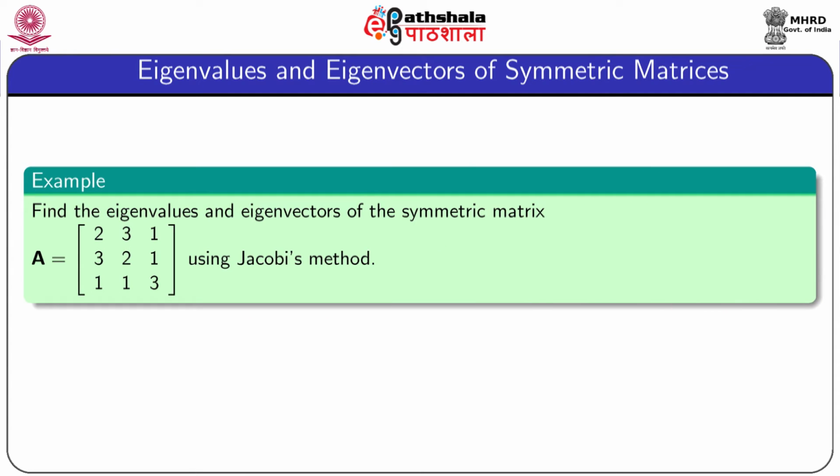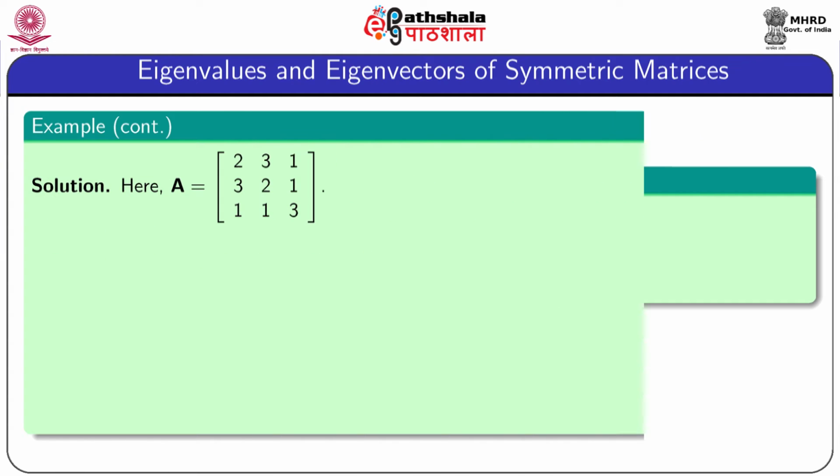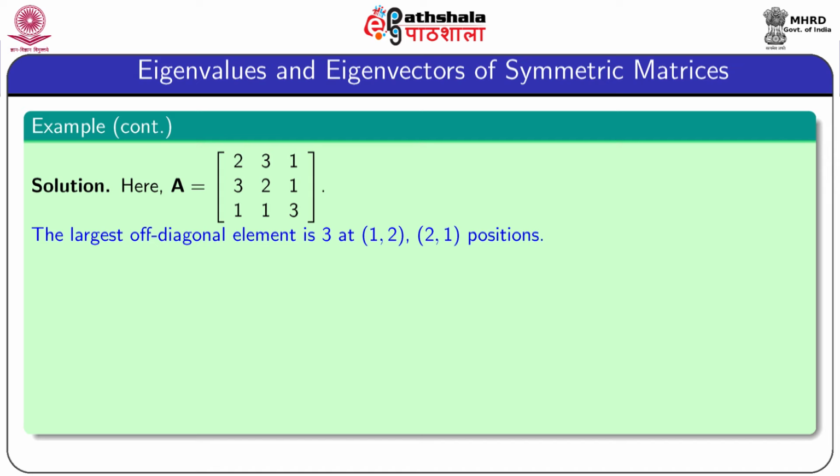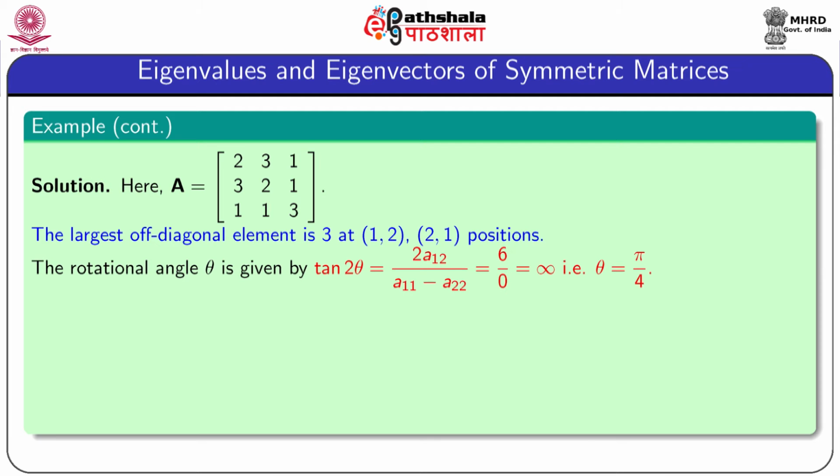Now, we consider an example to illustrate Jacobi's method to find all eigenvalues and eigenvectors of a real symmetric matrix. So, this is a real symmetric matrix of order 3 by 3. The largest off-diagonal element is 3, which is present at positions (1,2) and (2,1). Therefore, the first rotational angle theta is given by the formula tan 2 theta equal to 2 a12 by